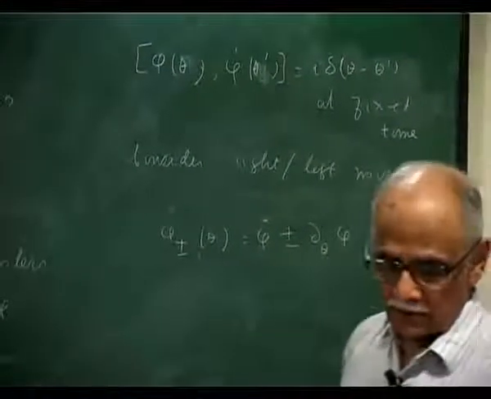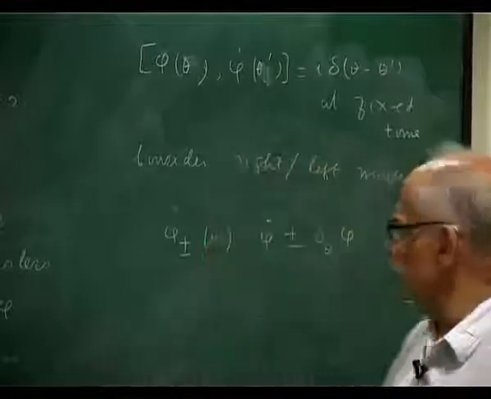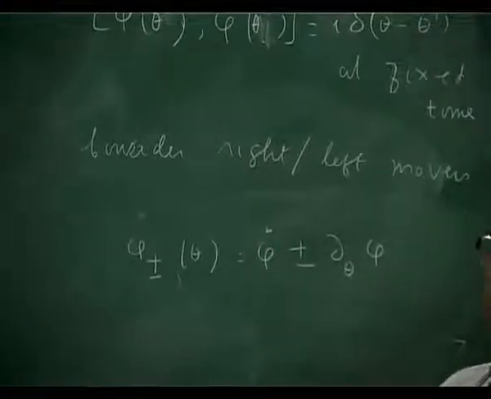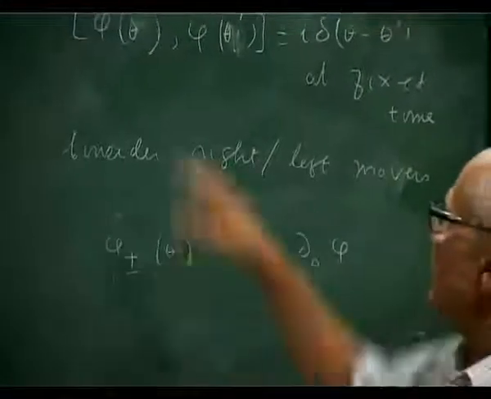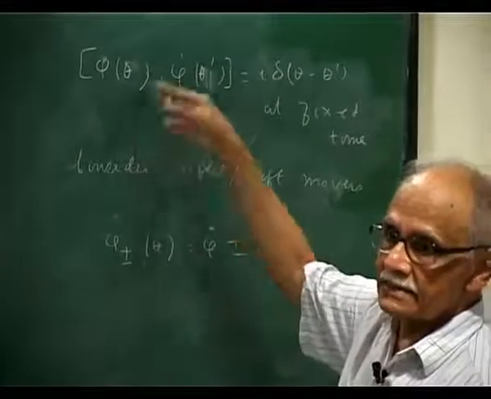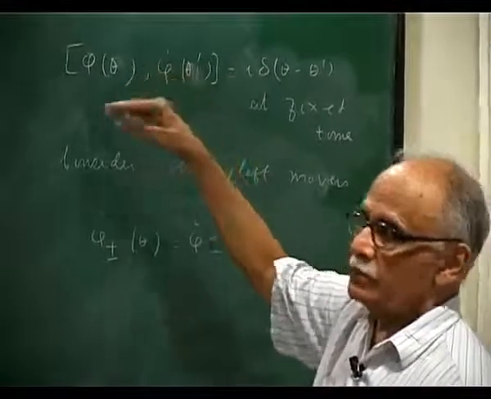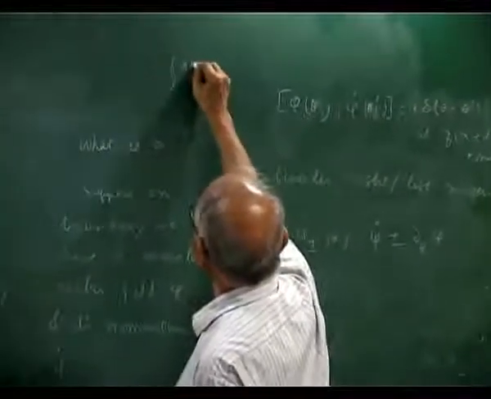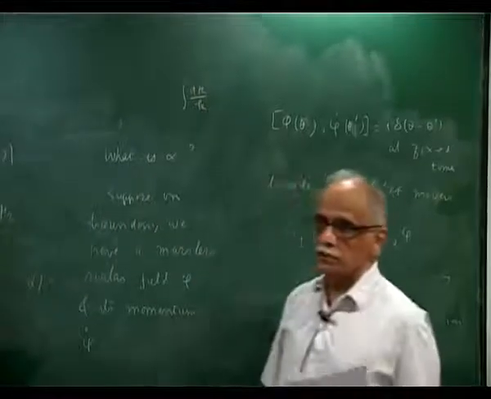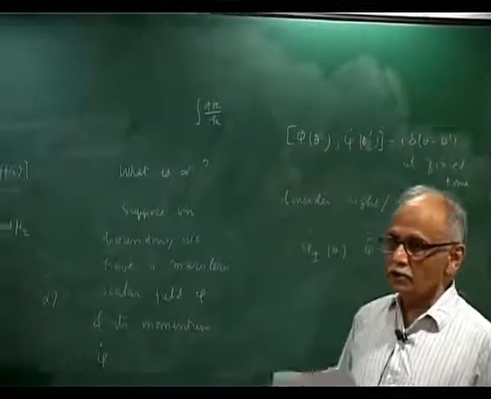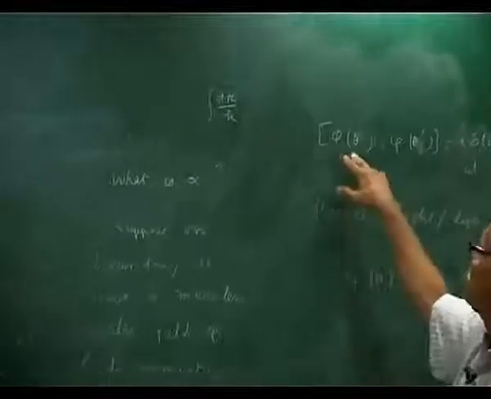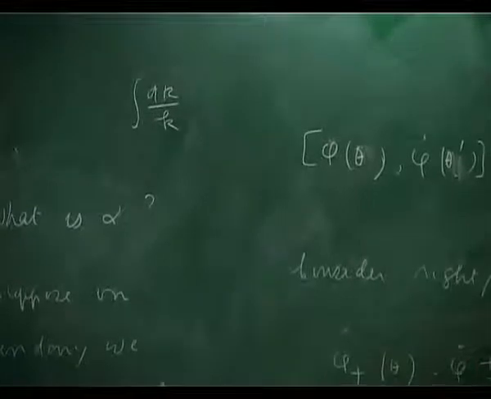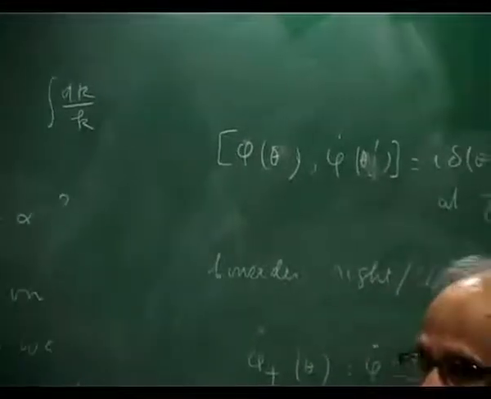This is the result of Coleman, that there is no phase transition in 1 plus 1 space time, because a massless scalar field like phi does not exist in one space and one time. When you write the mode expansion, you will get terms like dk over k, and that has a logarithmic divergence. So all correlators start diverging for this phi. But phi dot and phi prime are okay. They are the currents. So these are the left and right moving currents I am writing.